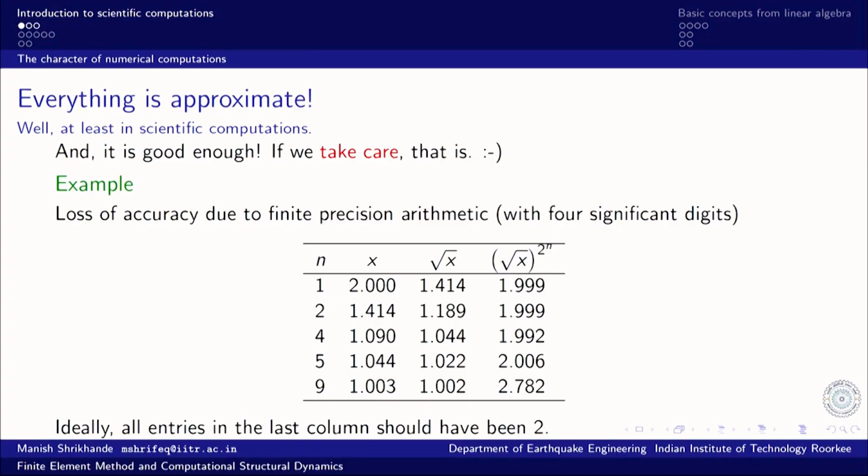That is the problem that I have been talking about, the loss of accuracy during numerical computations on digital computers. If we use the results of previous computation in subsequent computation, then these errors are propagated and keep on accumulating, and that is a major source of problem. We have to guard against this particular source of error, because it is very surreptitious.